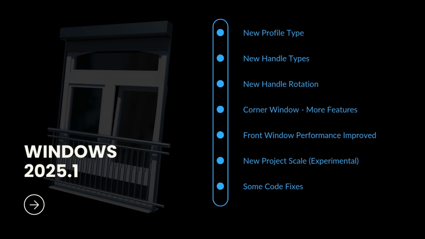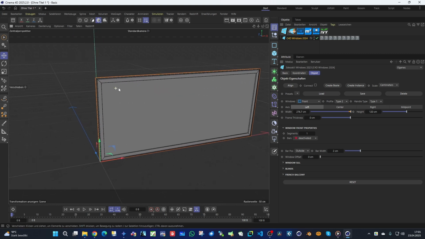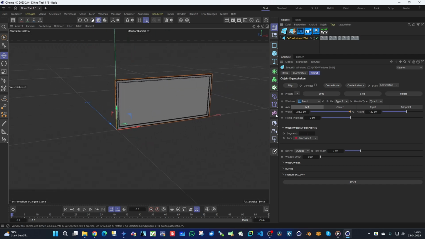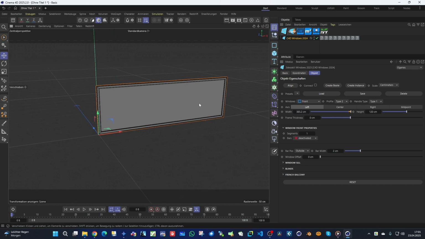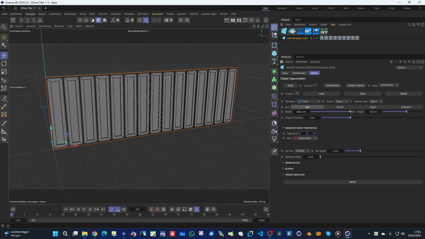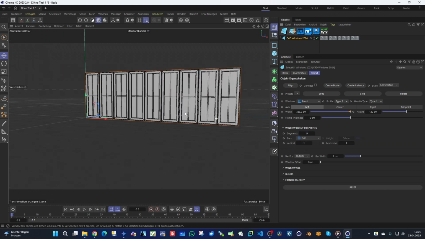The next update was in the front window. Let's head over to the front window. In the previous version, as soon as you increased the segments, it rapidly dropped the performance of Cinema 4D. This was a little bit badly coded, so I improved that, and now you're able to create as many segments as you want without dropping your performance. As you can see, I can now create many more segments and do a little bit of a grid,